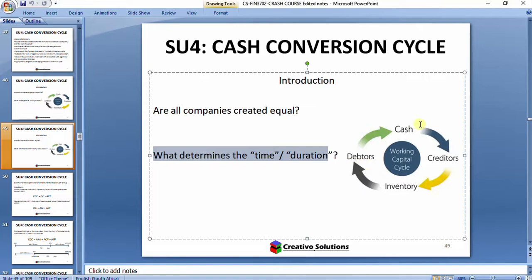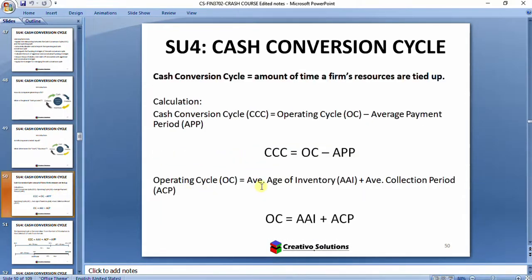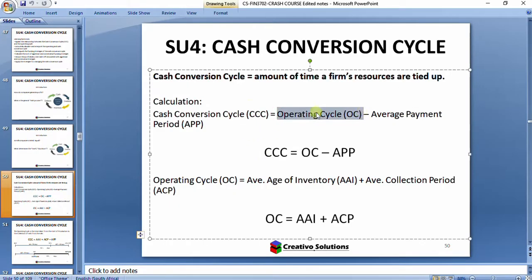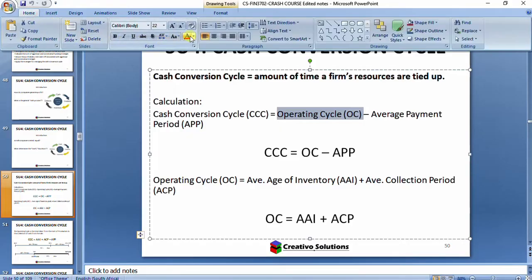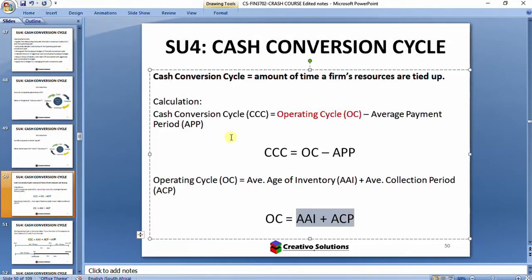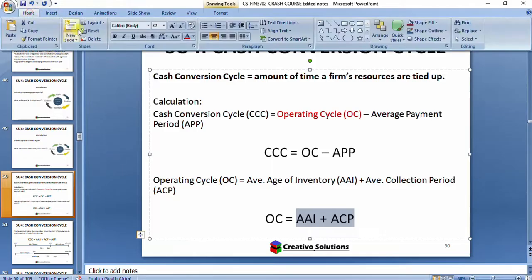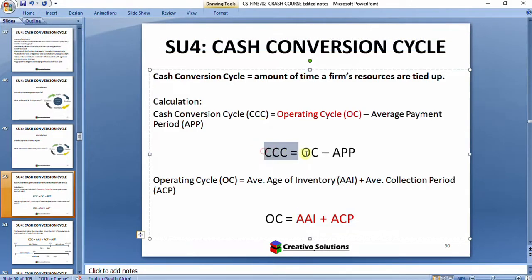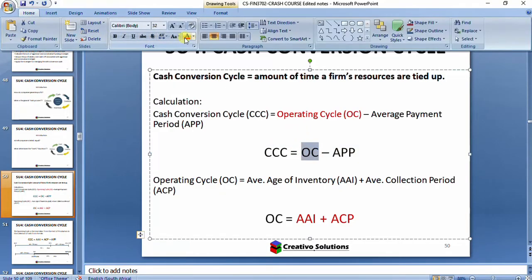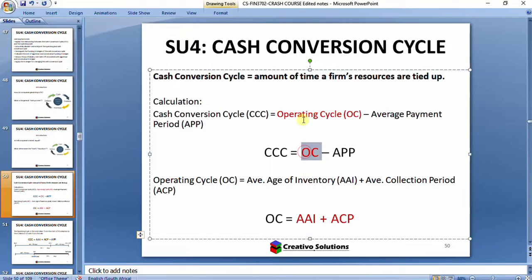Right, and all of those components are going to be grouped into a formula. All right, so these are the two equations that you need. I'm just going to highlight this one in a different color. The operating cycle is the AAI plus the ACP. Right, so when I'm looking at triple C, okay, you can actually expand on this. Right, you could replace the OC, which is the operating cycle, okay, with AAI and ACP, so you have all three components in one. All right, so cash conversion cycle, you can use this formula, is the operating cycle less